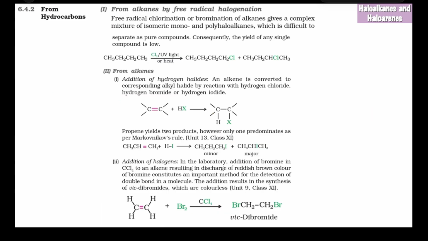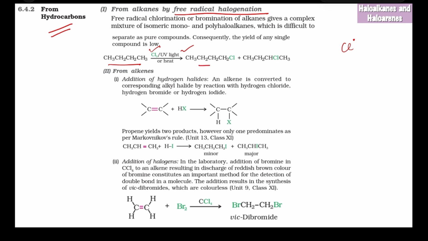Next is preparation of alkyl halides from hydrocarbon. The first is by free radical halogenation. Now in this case alkane, here it is butane, is treated with halogen in the presence of UV light or heat. In the presence of UV light or heat, free radical is generated, meaning chlorine free radical will be generated, and the product which is obtained,